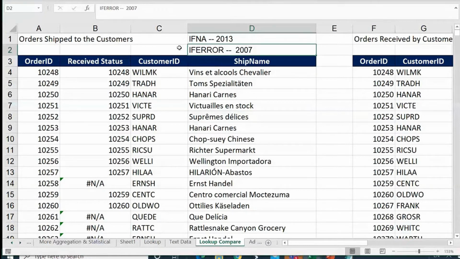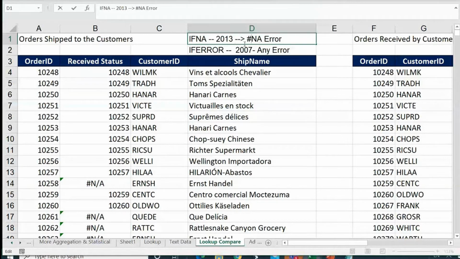So why do we need these functions? Normally to customize the error messages. IFERROR is used to customize any error message, which can be #NA, #VALUE, #NAME, any kind of error. IFNA will customize only NA error messages, that #NA you get from lookup functions, not only VLOOKUP and HLOOKUP, you might also get it from INDEX, XLOOKUP, and some other Excel functions.